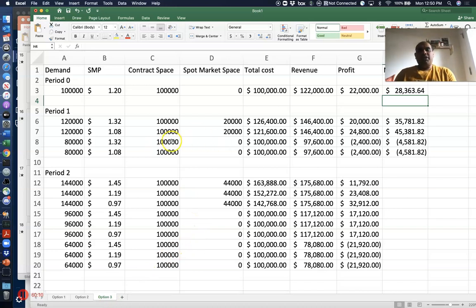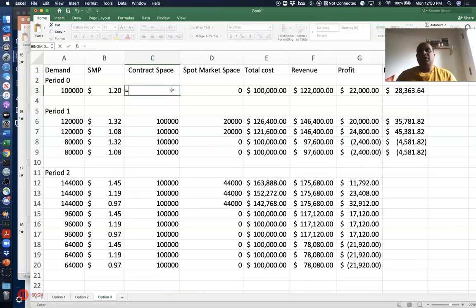So contract space. This is where we have to carefully keep track of contract space and spot market space. So here I'm going to make some changes to both of these formulas. So I'm going to say that contract space, it was always 100,000. So we're going to have to write a formula here. So if this number is between 100,000 and 60,000, it is going to be that number. So I'm going to say that if this number is less than 60,000, if the demand is less than 60,000,